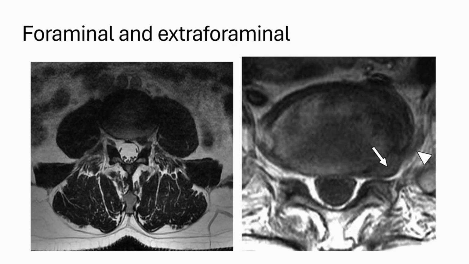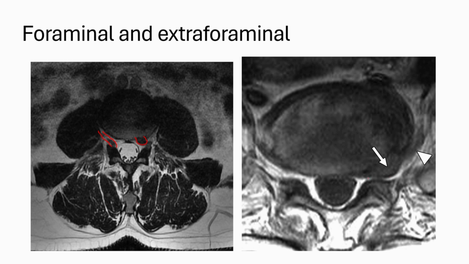Foraminal and extraforaminal type. In foraminal, there is compression of the dorsal ganglion nerve root, as we can see in this image. This is the foraminal disc herniation, and we can compare, this is the exiting nerve root. So compression of exiting nerve root at the foraminal level is noted, and this causes the compression of the dorsal ganglion root,